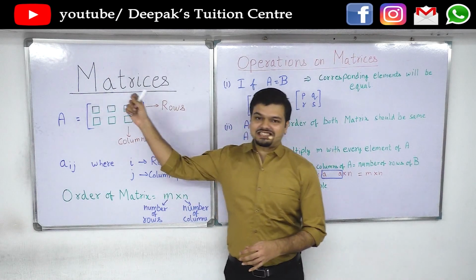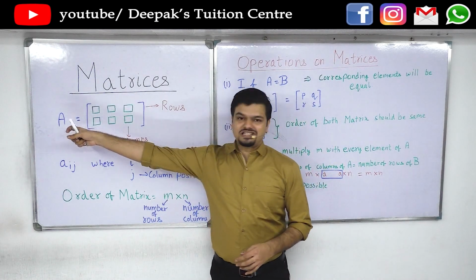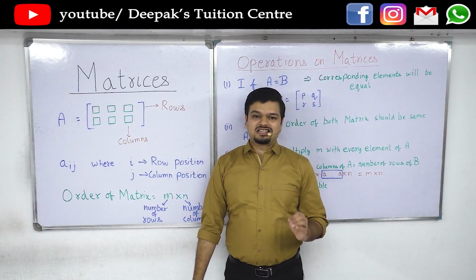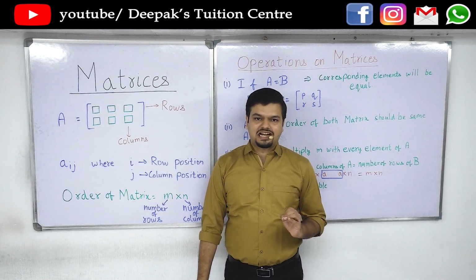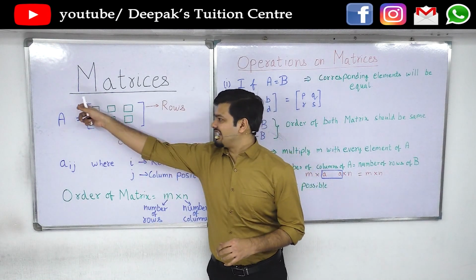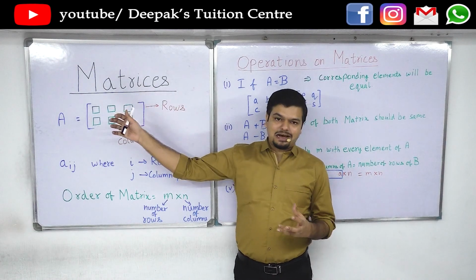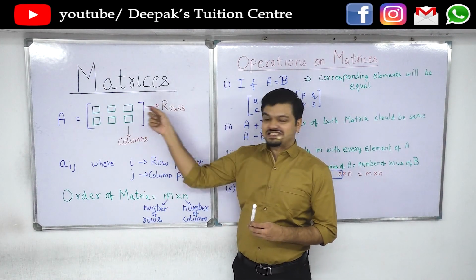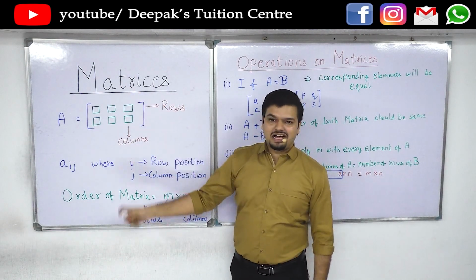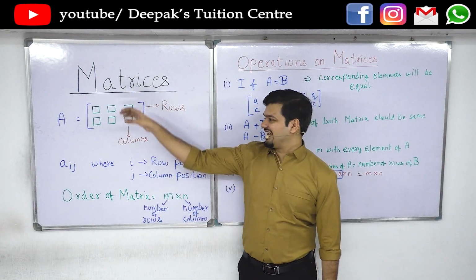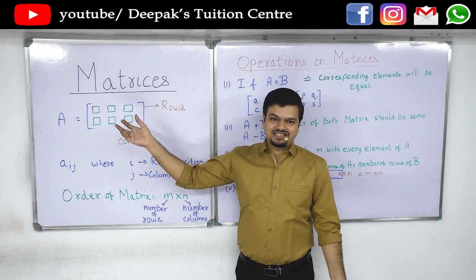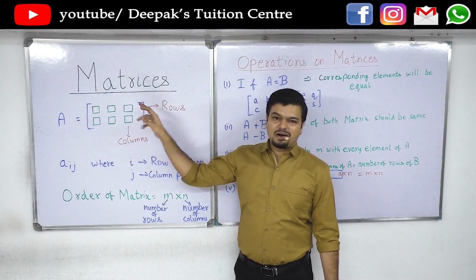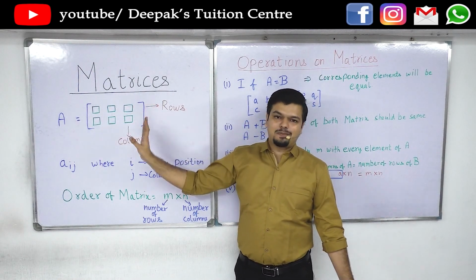So a matrix is always represented using a capital letter. Never a small letter, always a capital letter. Okay? And a matrix is basically certain numbers arranged in rows and columns. The horizontal ways are called rows and the vertical ways are called columns. So basically it's like a seating arrangement in a cinema hall. These numbers are not interrelated. They are just sitting side by side.